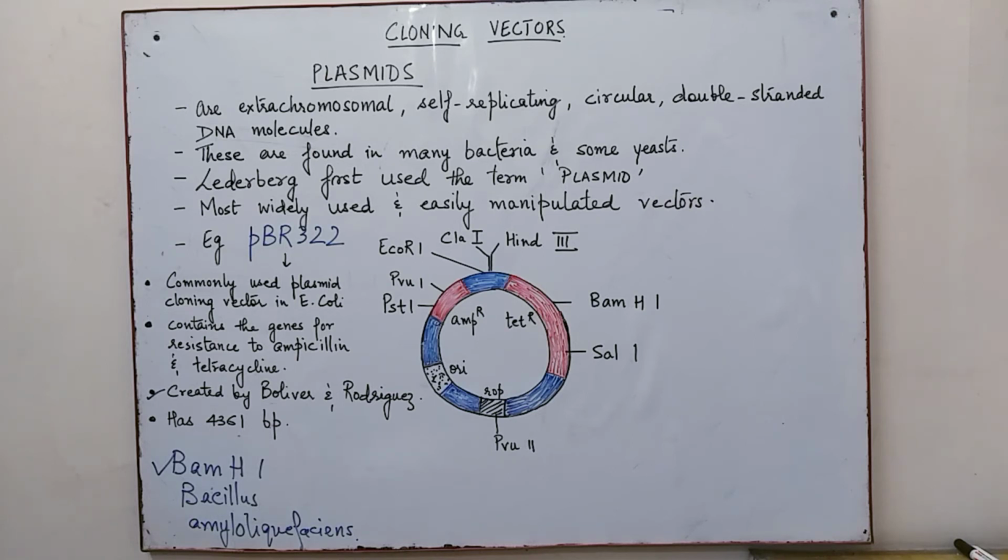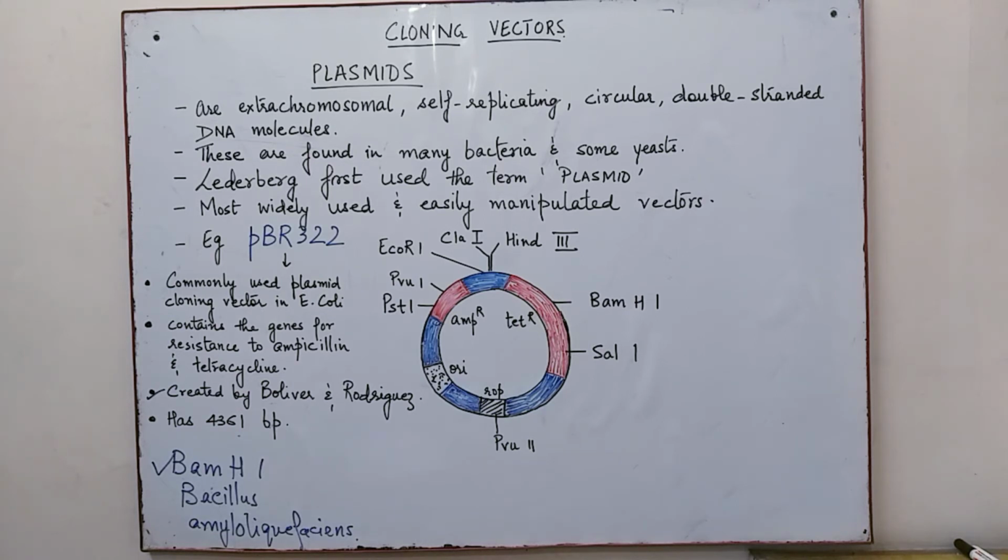Now how is this possible? There is a method by which we can select the transformant. The transformant is one which has actually taken in the foreign DNA. So the transformant is selected by antibiotic resistance. How can we select the transformant from the non-transformant? We can first grow this particular plasmid or transformant on ampicillin-containing medium.